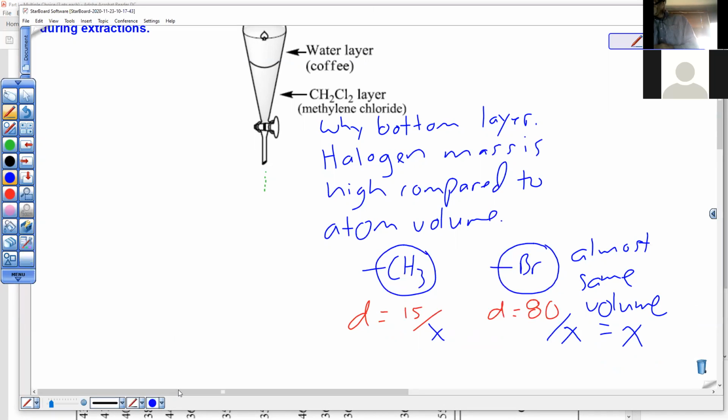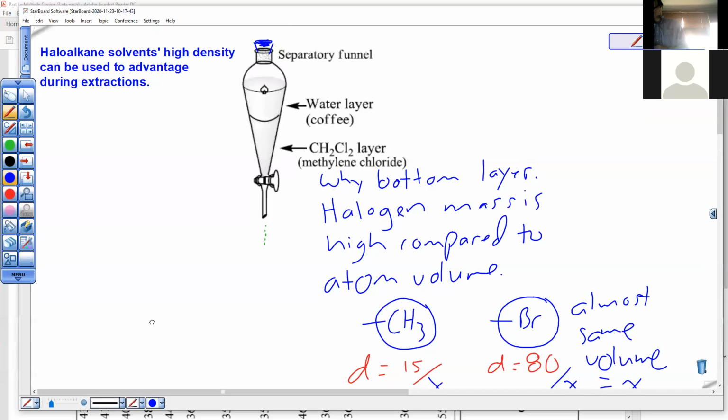So yeah, halogenated solvents are denser than water. So it puts them at the bottom, which is cool. What you would do is you do this experiment as depicted here, then drop the bottom layer out of there. So you'd be left with the water still in there, still a teeny bit of caffeine in that water. My lab students will say, well, you want to get all the caffeine out, do 3 extractions, don't just do 1. So it's nice to have the bottom layer be the organic, drop it out, put it somewhere else, add